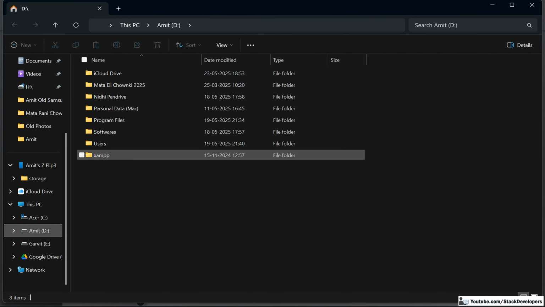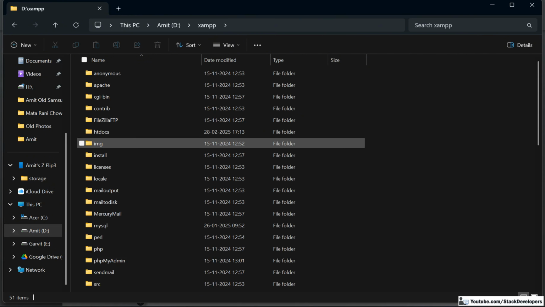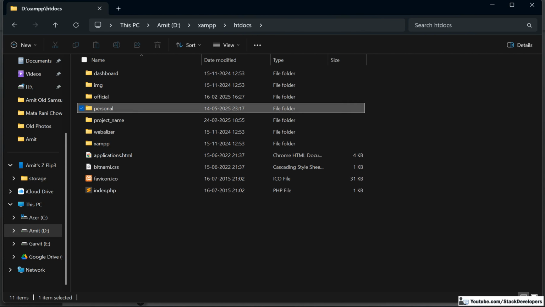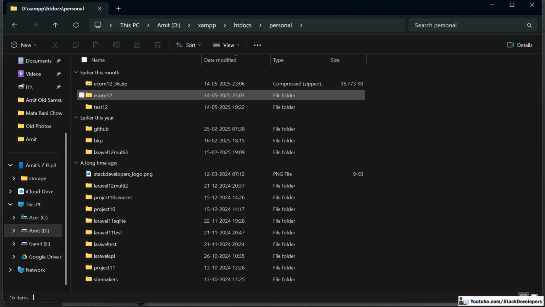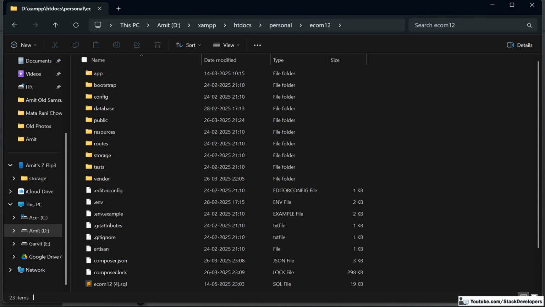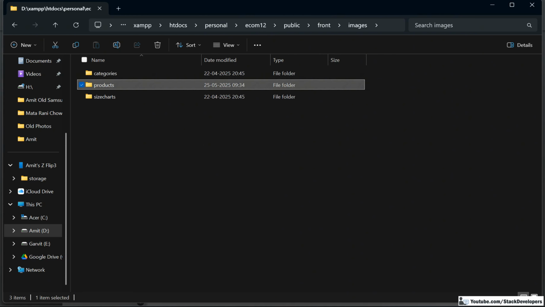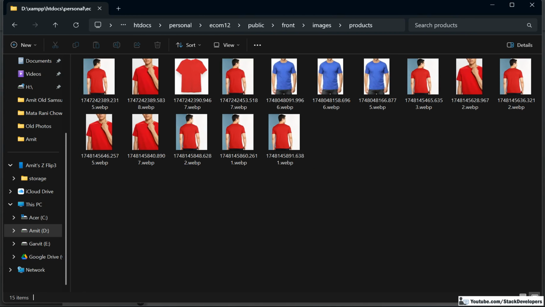It's in the D drive, XAMPP, HDocs, and personal ecom 12. Okay, so here: public, front, images, and props. So here we are uploading. So here you can see,